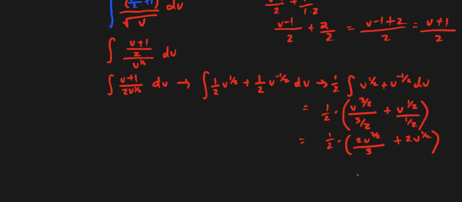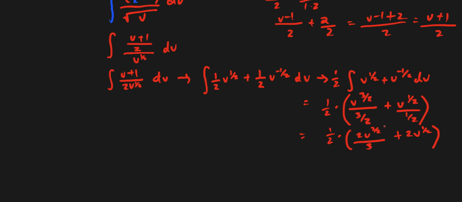And then obviously we can see some cancellations once we distribute. So this 2 will cancel with this 2 here, and the same 2 will cancel with this 2, and we will result in our answer being u raised to 3/2 power over 3 plus u raised to 1/2